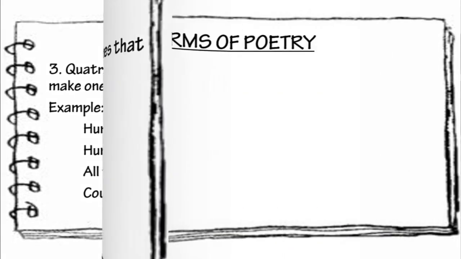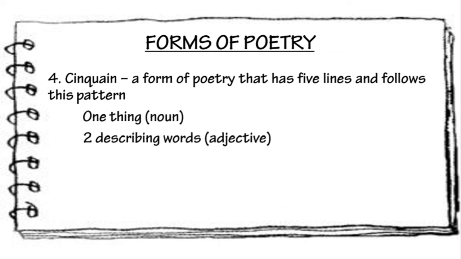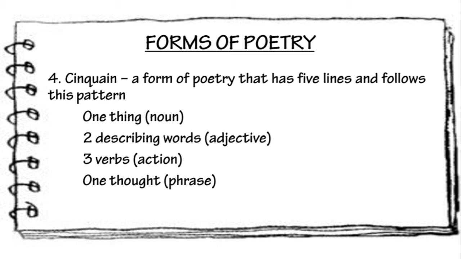The next form of poetry is cinquain. Cinquain is a form of poetry that has five lines and follows this pattern. One thing, a noun; two describing words, or adjectives; three verbs; one thought or phrase; and one thing, a synonym. Here's an example: